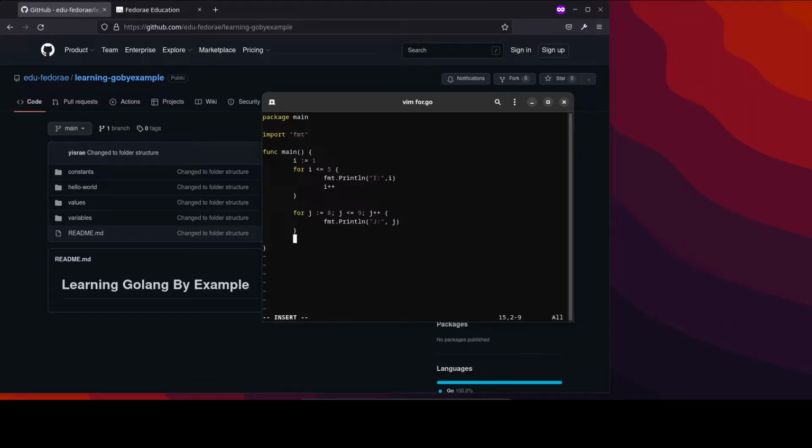So let's go ahead now and do another for loop, and this one is going to be one without a condition. So from time to time we may want to have a loop that just loops continually. Like a for without a condition, it pretty much loops repeatedly until there is a break statement, or you could also have a return, which basically returns from the for and stops it. So let's do a for, and when we do a for, it's basically saying for true, and it's just gonna continue. So if I do something like print line, and then we're going to say that we're looping,